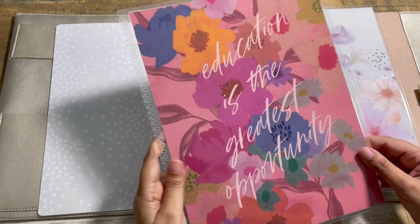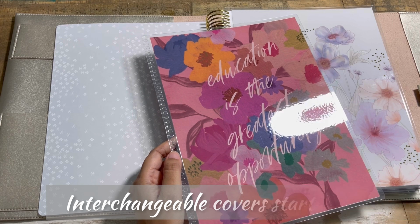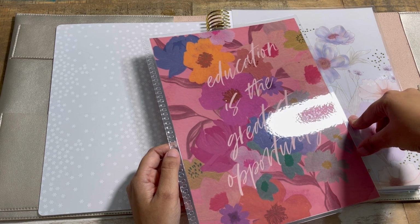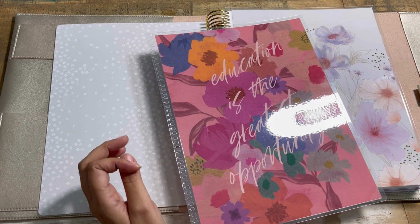But this cover is going to be one of the new covers. I saw one of the covers that had books on it, and that is what I need. I want the books. I want the book covers. I need to find it. I am going to be placing an order on the 16th. I am going to be placing an order on launch day because I really want